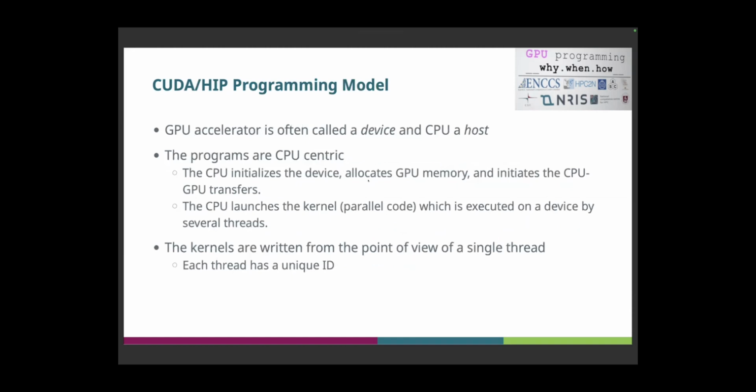We saw before that when you program the GPU, the programs running on the GPU are CPU centric. Also, you saw in OpenMP that practically everything runs on the CPU. So we have some device initialization, then we have some memory, and we have some CPU-GPU transfers to put the input data on the GPU. And then